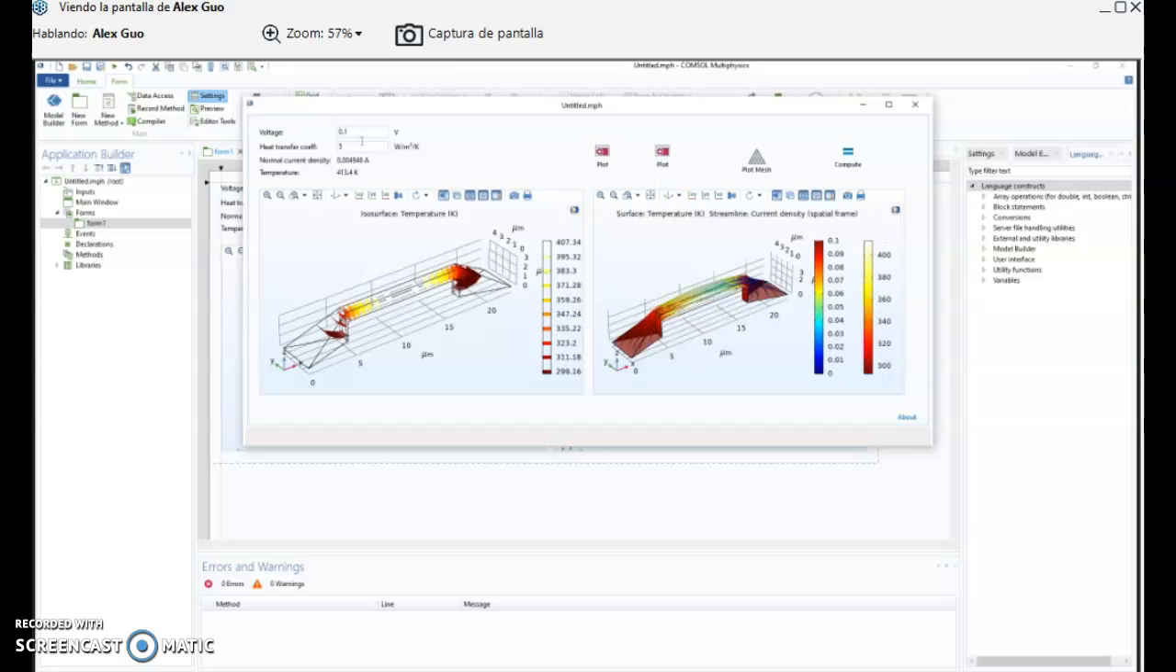Now, if you give this app to another person who might be new to simulation, they can just simply change the parameters. For example, let's change the voltage that we apply across the beam to 0.2 volts, and then we can